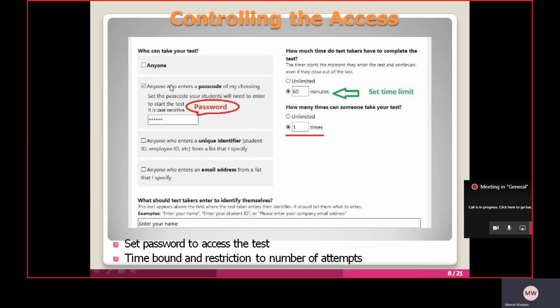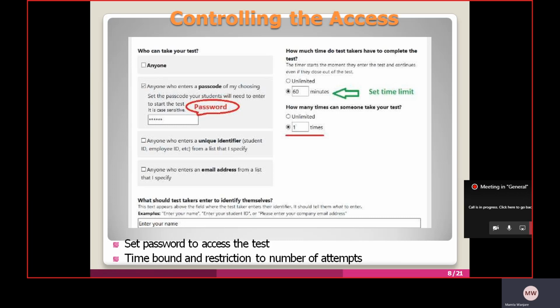Then controlling the access, that is, who can take your test. There are 4 options. Anyone can give the test, or anyone who enters a passcode of my choosing, or anyone who enters a unique identifier, or anyone who enters an email address. If you select anyone, then there is no need to give a passcode to students.